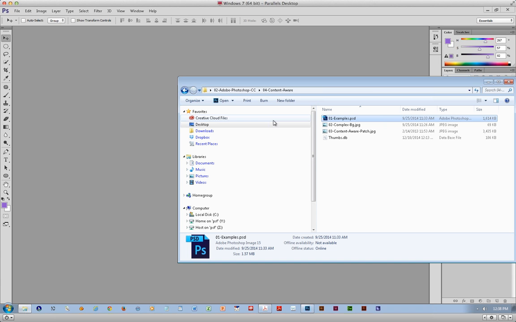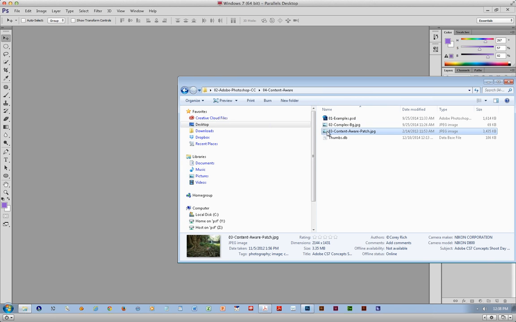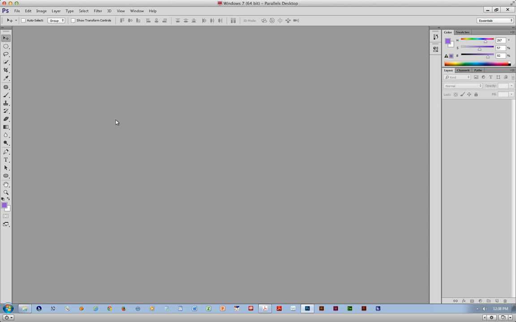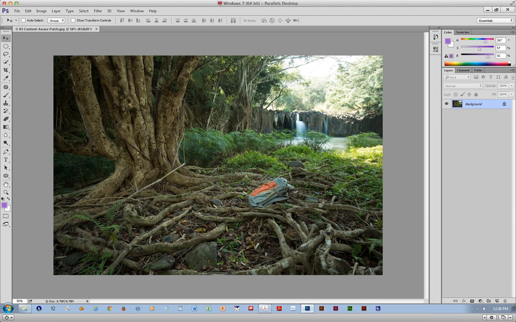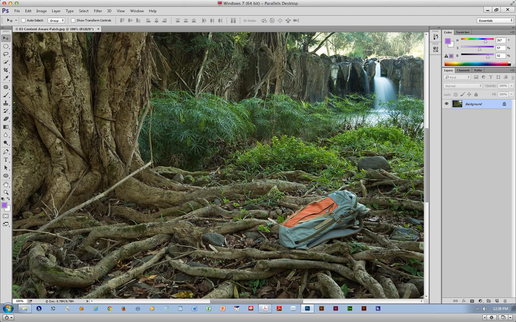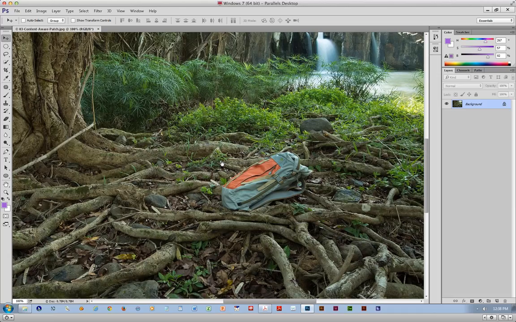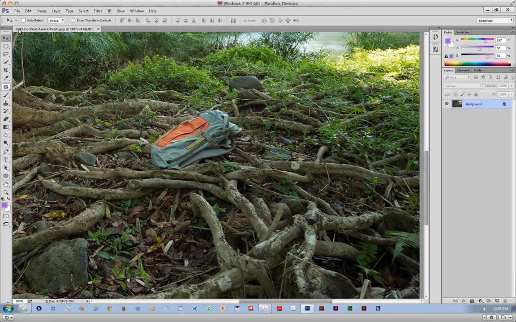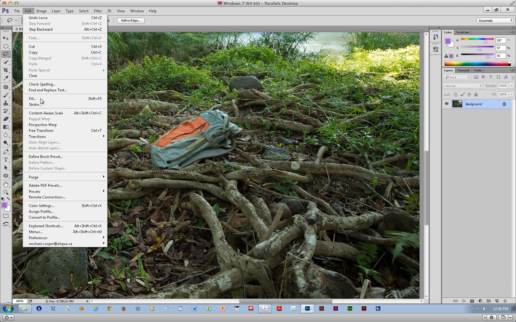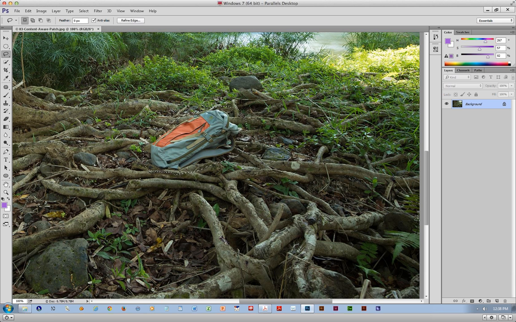But what we've done is the content aware has now been added to the patch tool. So we've taken that same technology and we now have it available with the patch tool. So if I wanted to get this backpack out of this picture, I'm just going to make a loose selection around it. And using the original content aware, if I go to edit fill and I select content aware and click OK,